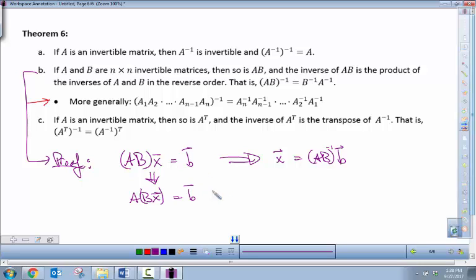So now we can do the inverse business again, that Bx is equal to A inverse of b. And now, if we take a look at A inverse of b as a vector in its own right,